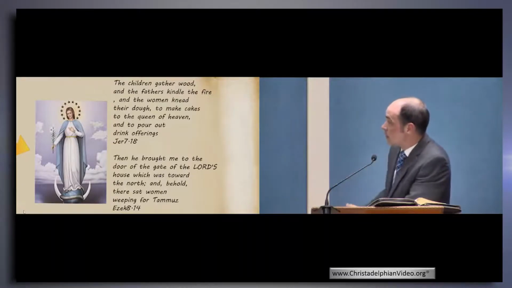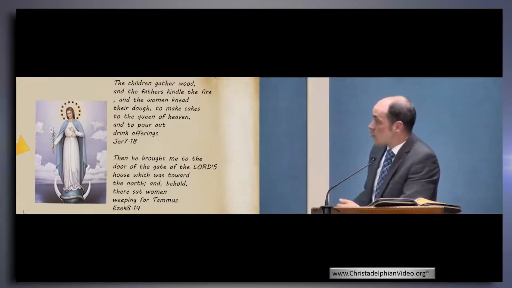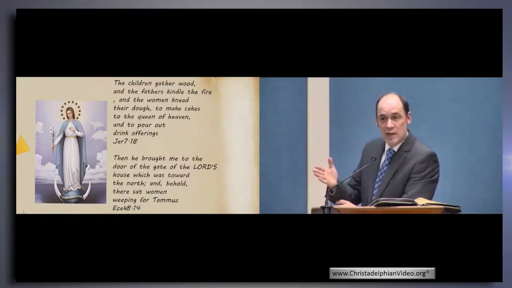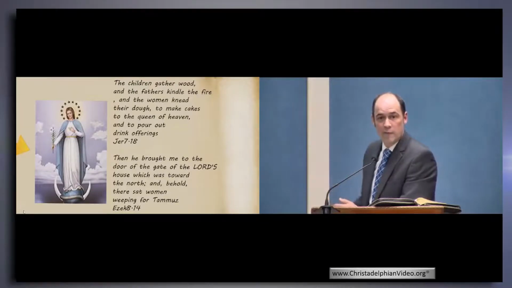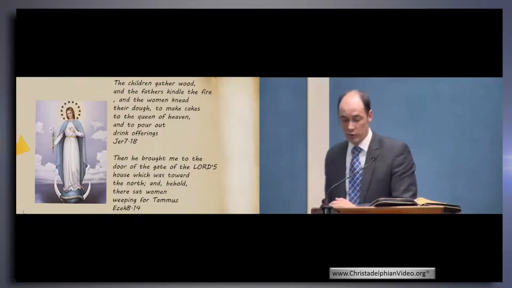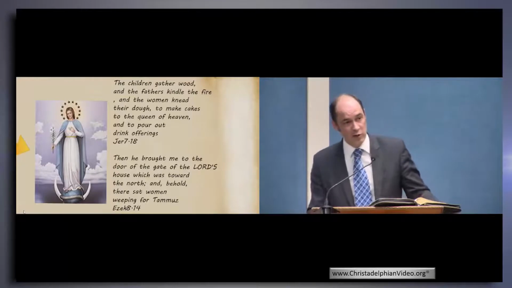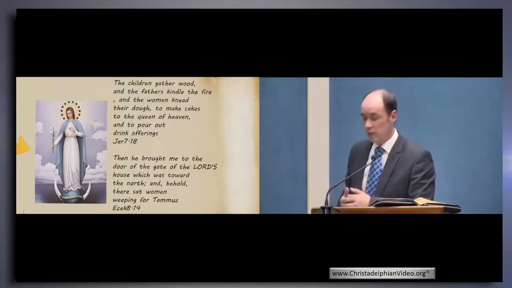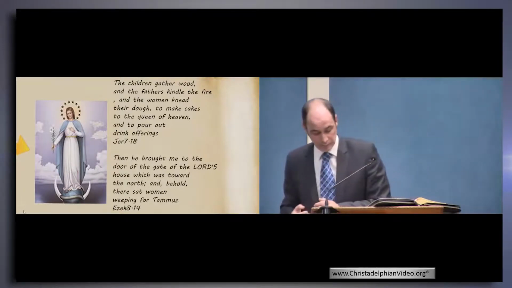Now, what about this? Ezekiel's brought to the doors of the gates of the house, and they're looking towards the north, and they sat there, the women, weeping for Tammuz. They're weeping in the very place of the temple. They're crying out for the freedoms of an immoral life. That's what the weeping for Tammuz was. You know, this stuff is roundly condemned in the Bible if you want to dig for it. It's all there. And yet it still exists. It still lives on today, this great deception.